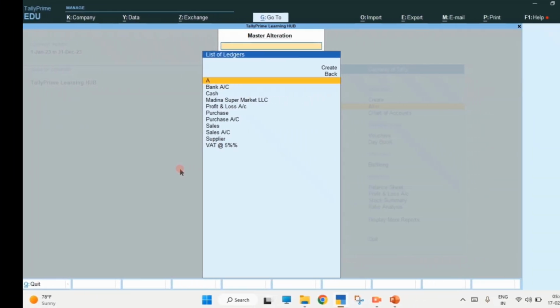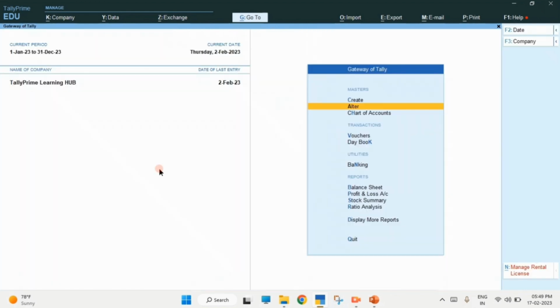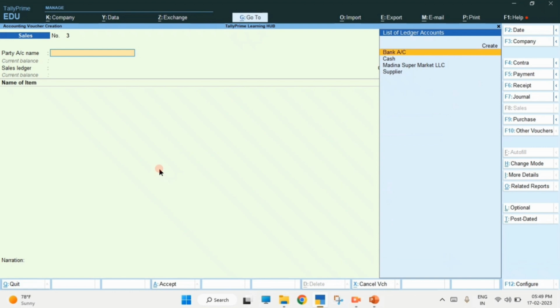Guys, I will show you one more way to create ledgers account directly from the data entry screen. So press escape button from here to go back to the main screen, and click on vouchers, and then click on open any documents. And for example, I have opened sales account, and you can see here all the customer account will display from